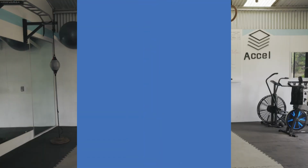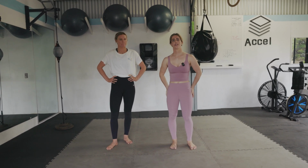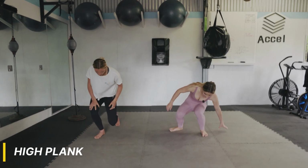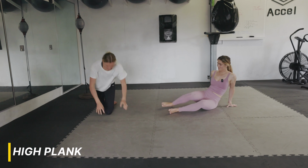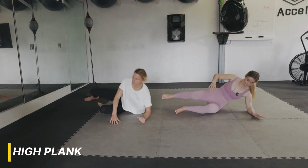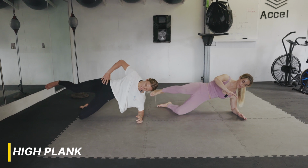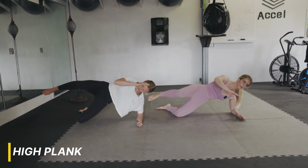That was fun. All right, this is another great pre-surf exercise. One of my favorites, great for the glutes, great for the core. So let's get started. Awesome. This one is awesome. We did one before that was very similar, and this is kind of just taking that to the next level. So starting on our side, up on one knee, this nice and bent,